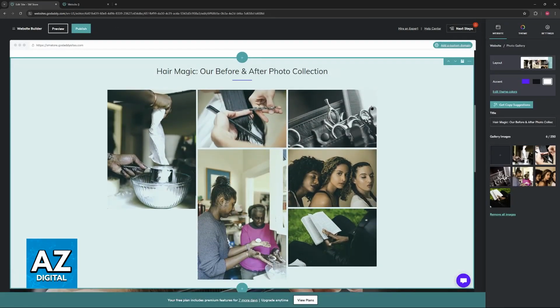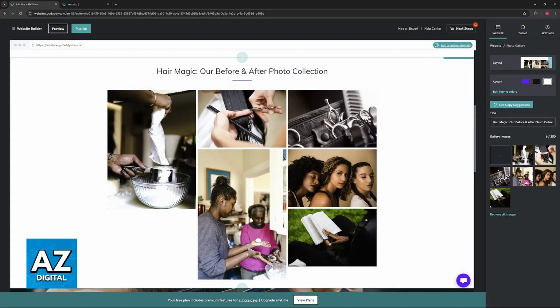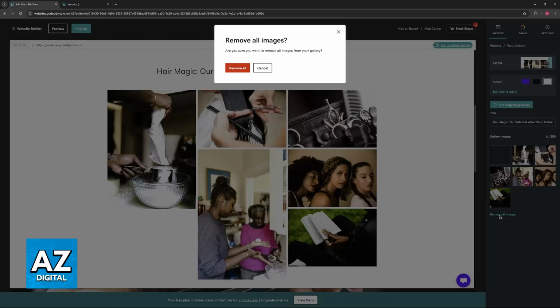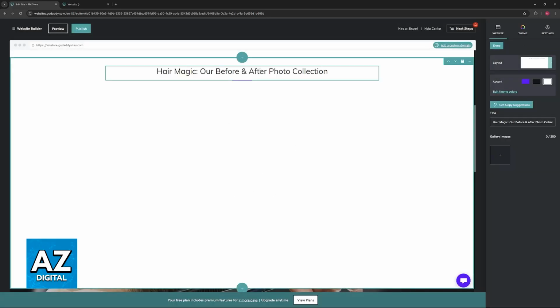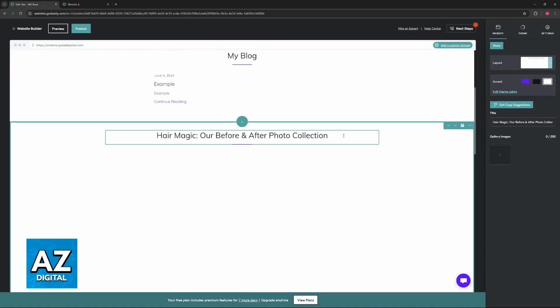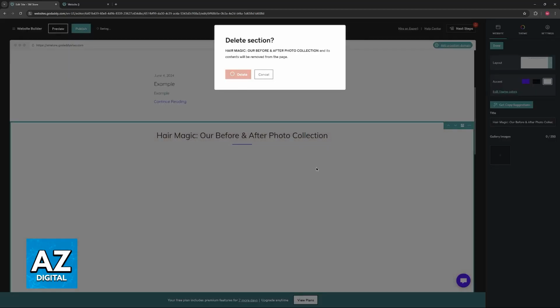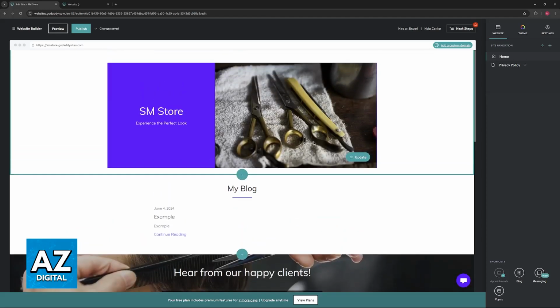However, you can also highlight the section, click on it once, and change specific options about the section. So for example, I can remove all images on this one and they will be gone. Now I only have the title here, and I can add images if I want to later. But the point is, if you want to remove a template altogether, just click on the section that relates to the template and you will be able to delete it.